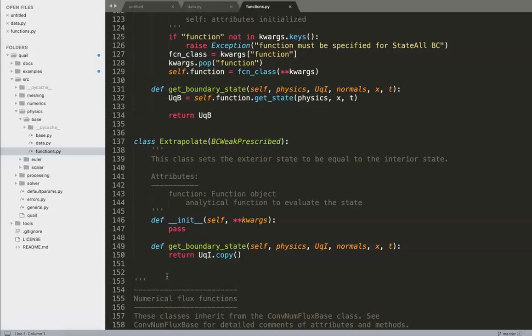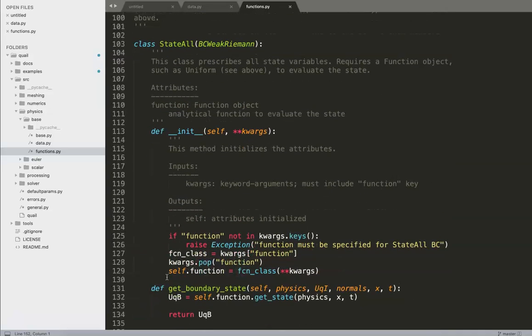First, let's start with the extrapolate BC, which follows the weak prescribed approach. The exterior boundary state is simply extrapolated from the interior. The StateAll BC follows the weak Riemann approach, where the exterior state is fully prescribed using a state function,